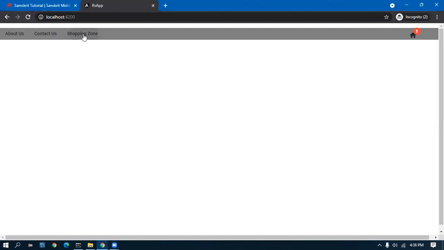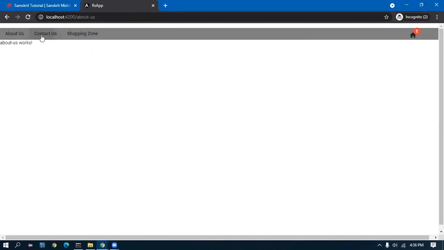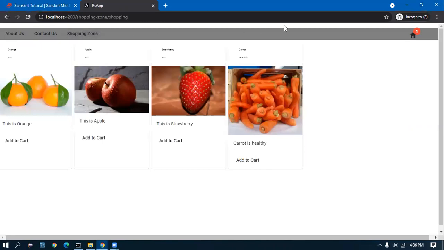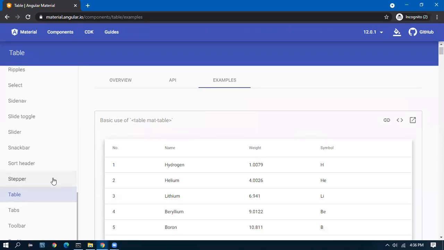Okay. So we saw yesterday so far. We had the about us, contact us, and shopping zone. We had these numbers. When we add, we will be getting these numbers. Today we will do one thing. When I click on this number, I want to have a small pop-up. We call it an overlay in the screen showing the 8 values. So today we will learn how to bring in a modal dialog box.